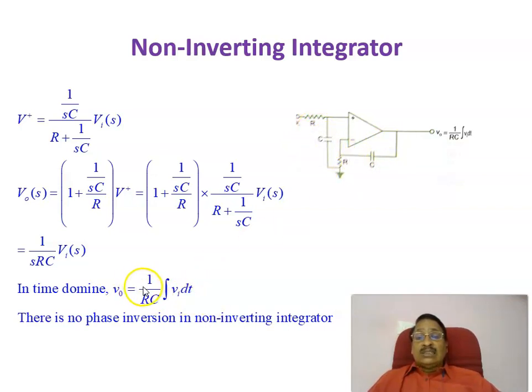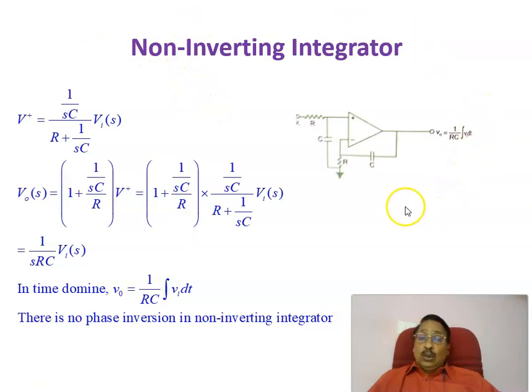There is no inversion, and there is no negative sign. Only the equation is the same. The output is the integral of the input times 1 by RC. There is no difference, but there is no negative sign. That is why it is called a non-inverting integrator. Therefore, there is no phase inversion between the output and input. But we are concentrating more on the